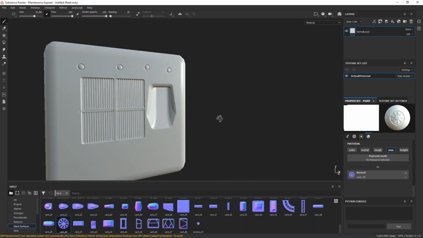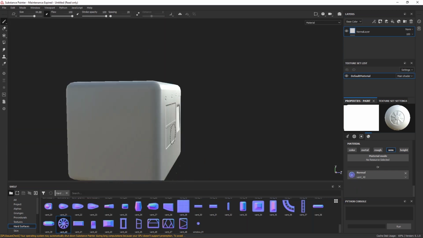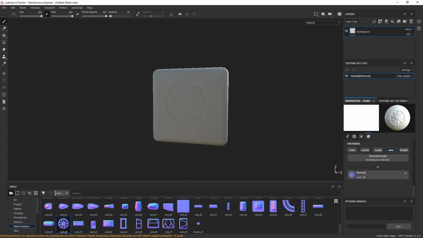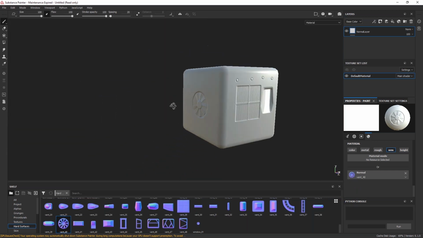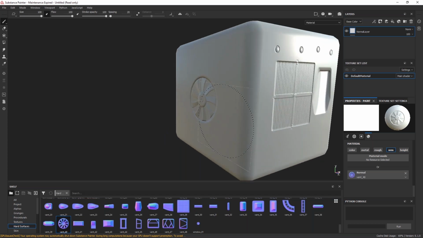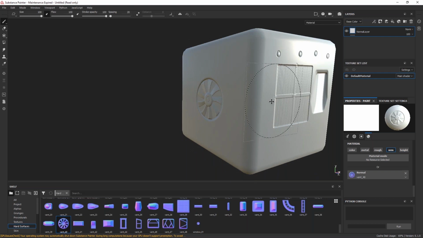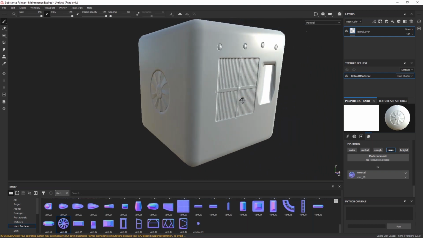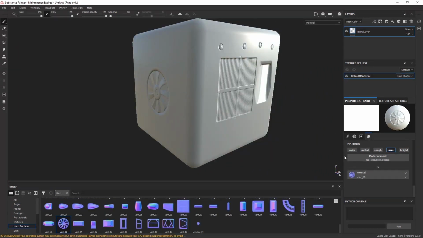And another vent, which goes on the other side of the cube. Huge like this. There's a reason why I'm doing that, because these things have real depth, and that creates cool effects when we are later working with real procedural materials. So what I'm gonna do now is, we have created a real cube with real high details just on the normal